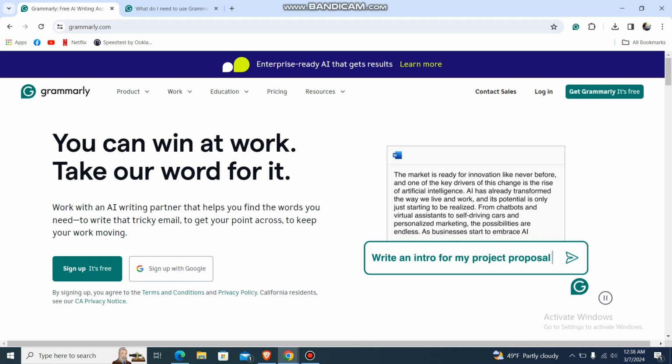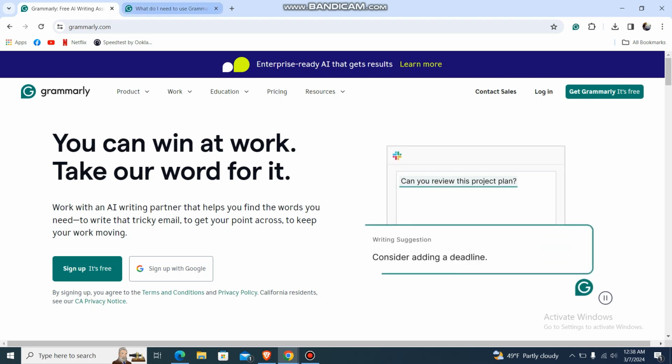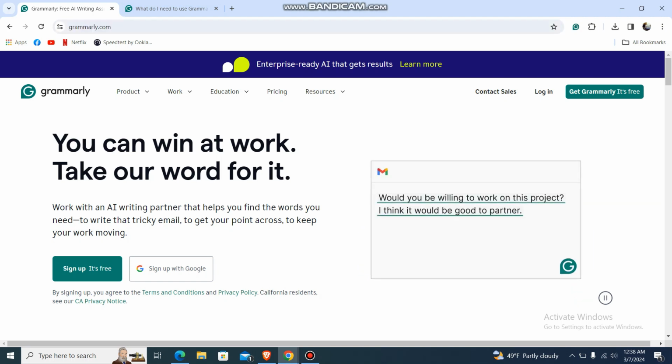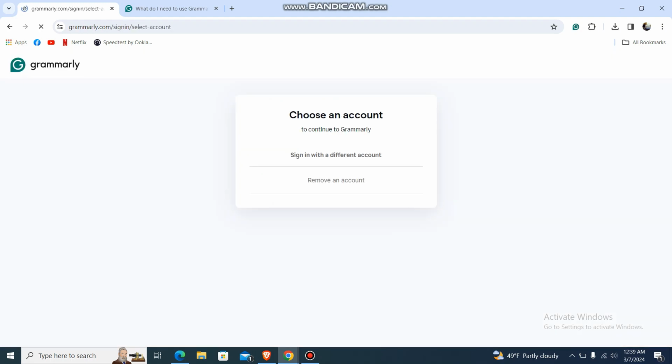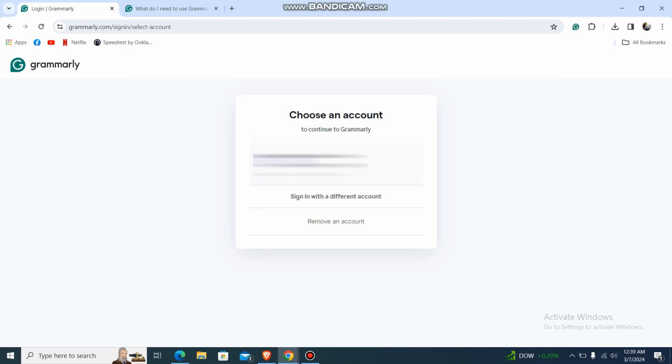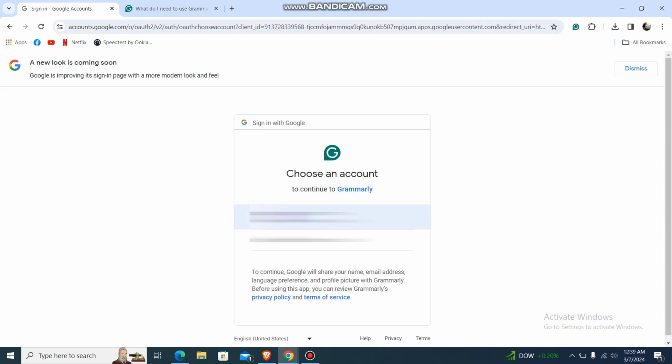So starting off, what you can do is just go to your web browser and type grammarly.com, and then you'll be on this particular platform, and over here you'll have this option which says login. Just go over there and you'll be on this particular account profile, and here you'll have different options to log in. So I already have my account over here, so I'll just press over here. You can choose sign in with a different account and all this, just choose it,